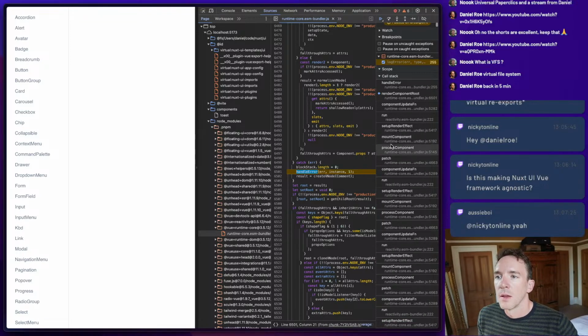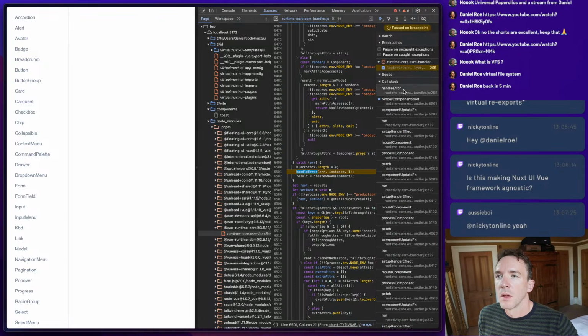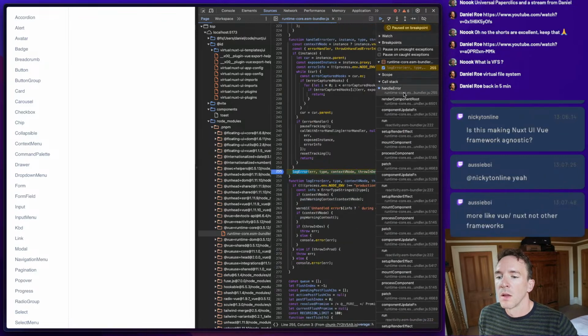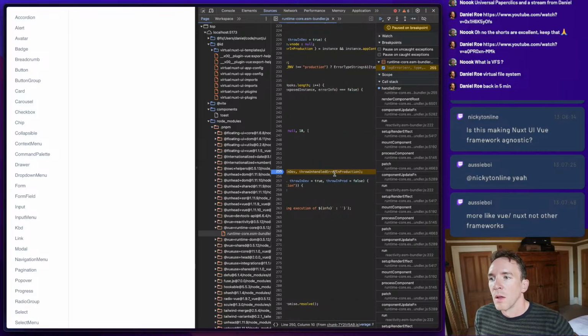Why? This probably would work in any framework that works with Vue, mind you.